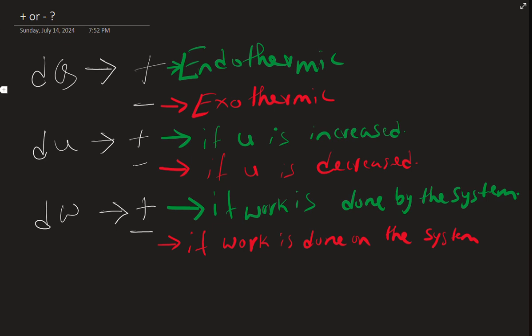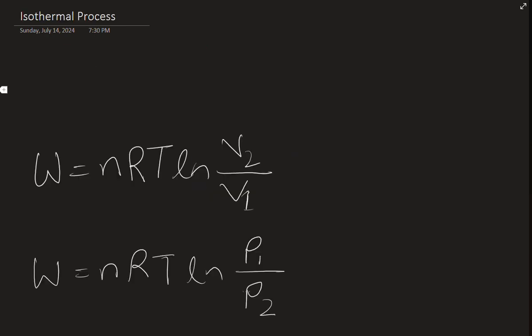I hope that's clear. Now let's move on to the processes. The first law of thermodynamics governs four individual processes. They are the isothermal process, adiabatic, isobaric, and isochoric. Let's start with the isothermal process. The isothermal process means